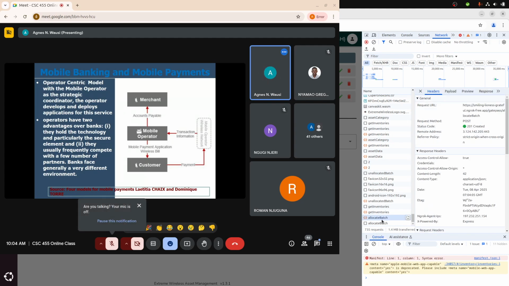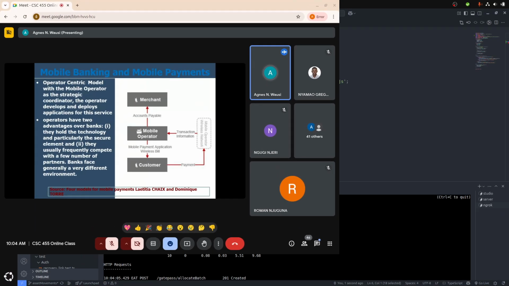And then the other one is that they frequently compete with a small number of partners. So you find that the rules and the regulations of the mobile operators are totally different from what the banks face. And so that's why, if you've sometimes been reading about